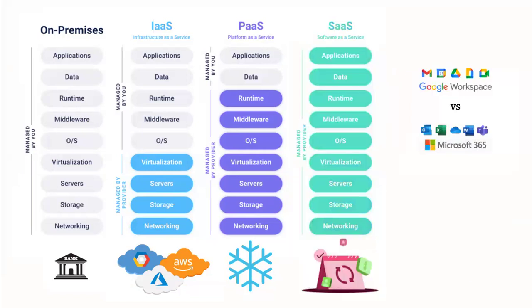And the last one is SaaS. Everything will be taken care of by the third party. You will just use the service, like Gmail, Teams, all those things. You are not going to write any code. Whatever service they are providing, you subscribe to it and use it. So these are the four layers we have. You may work in any of these four layers in real time.